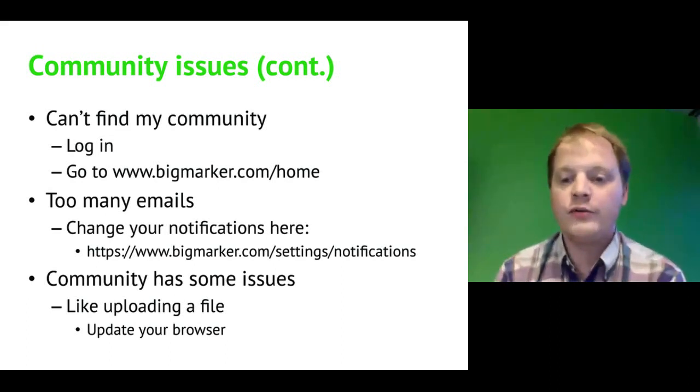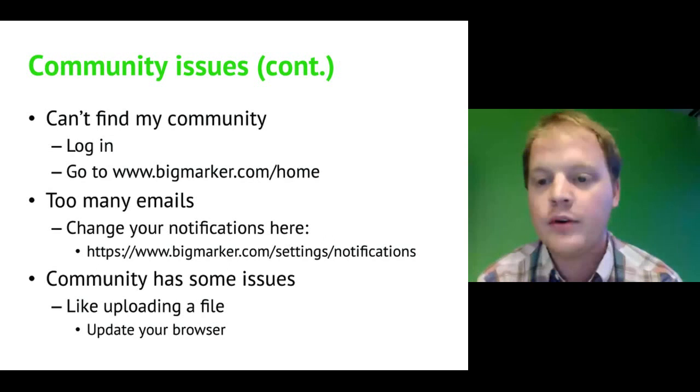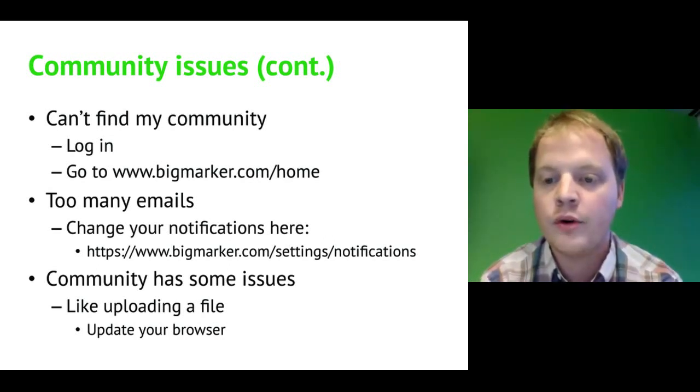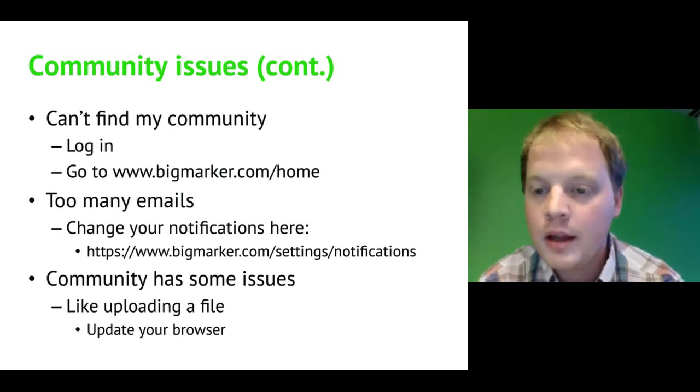So we do have a question from Tom. I have about 2,500 names in my Gmail contacts. When I enter the first couple characters in the BigMarker invite windows, the names start to scroll sort of. That is, the names start to come up, but not necessarily in alphabetical order, and the entire list seems to come in instead of just a quick set of choices that have been filtered by the order of initial letters I've typed. So how do I set up or import my contacts for email address input?